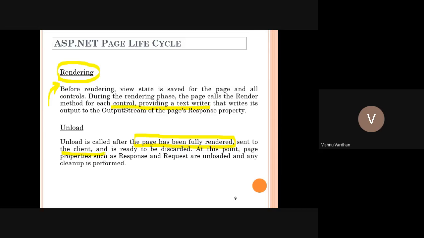And after sending to the client, the response and request objects are unloaded so that your memory will be reclaimed for another page request.